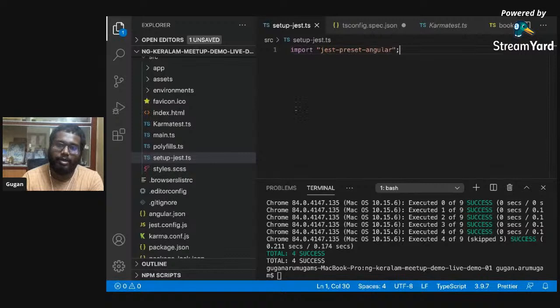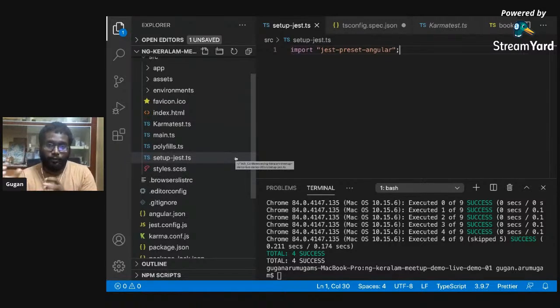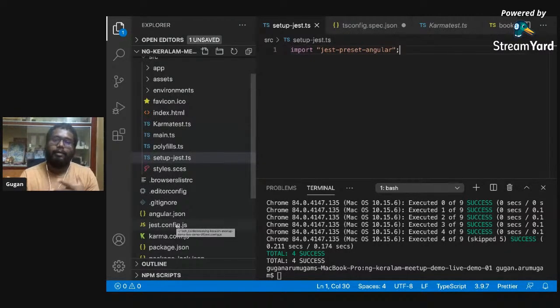So the third thing was to include your Jest configurations. I told you, right, we have to create a channel, a medium of communication between your Jest and your Angular project, in order to run your unit test cases. There are two ways to do that. Either you load these configurations in your package.json, or you can create a separate Jest.config file. So I have created a separate file called Jest.config.js, because I really do not want to pollute the package.json,